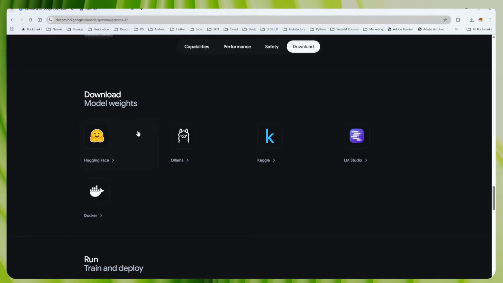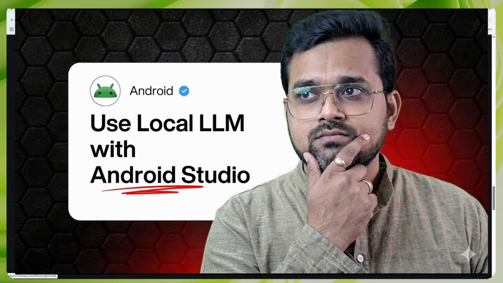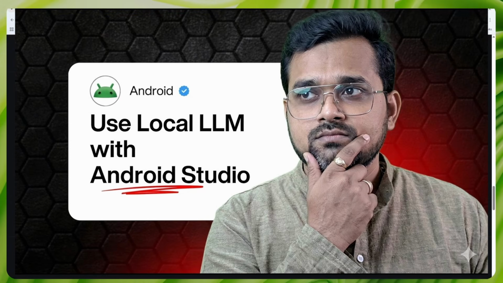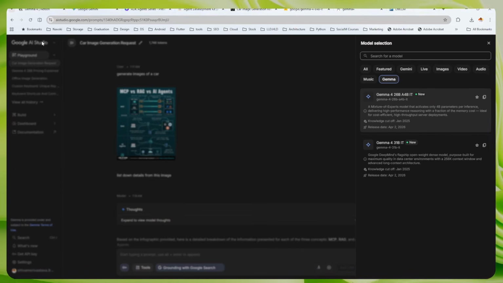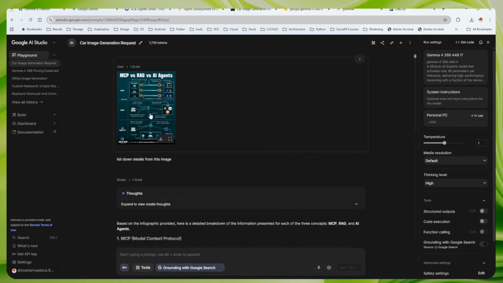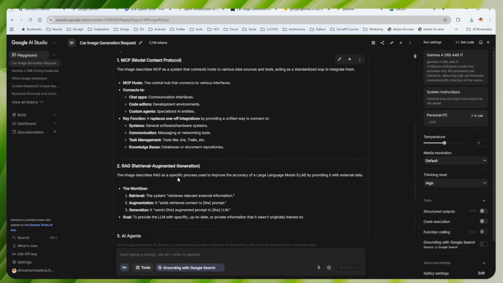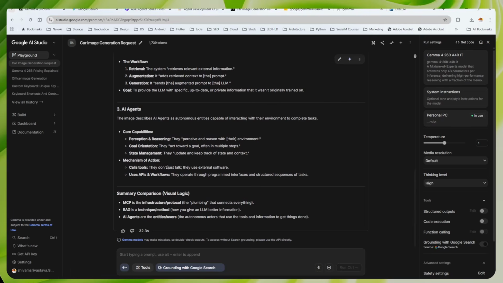So Gemma 4 is available on all the popular platforms here. I am going to use Ollama in this video to run this model locally and create an agent using Google ADK. By the way, if you want to know how to download a large language model and use it for your own AI coding process, you can watch this video here. The Gemma 4 model is also available on Google AI Studio and it is free of charge. So you can process text and images on Google AI Studio without any setup. Here in the chat window, I have input an infographic image of MCP versus RAG and asked it to extract the information from this image, and it accurately extracted all the information and gave it to me in the output.